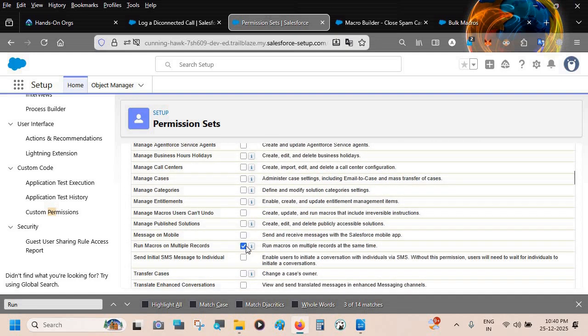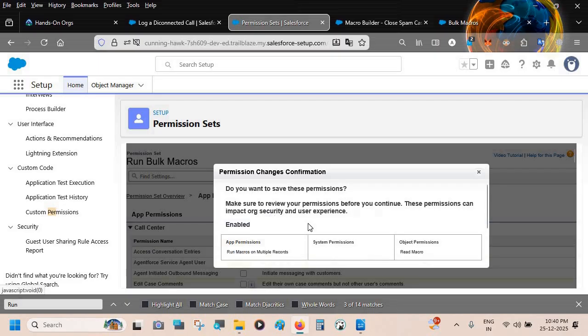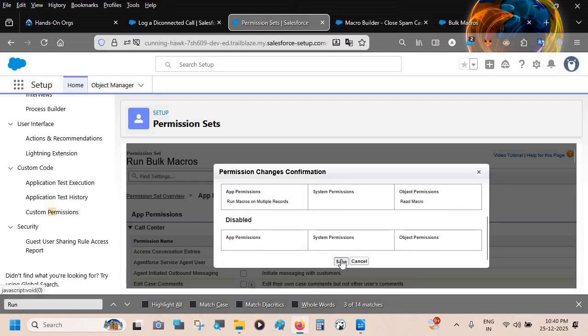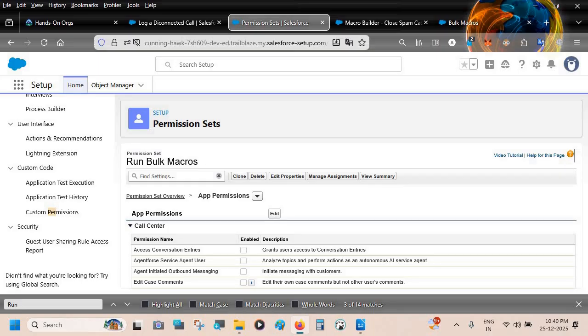and we should have the read access on the macro. This is a prerequisite for this Run macro on multiple records permission. Now we will save this. Now let's click on the save button. Now we have created this permission set, and if we assign this permission set to any user, then